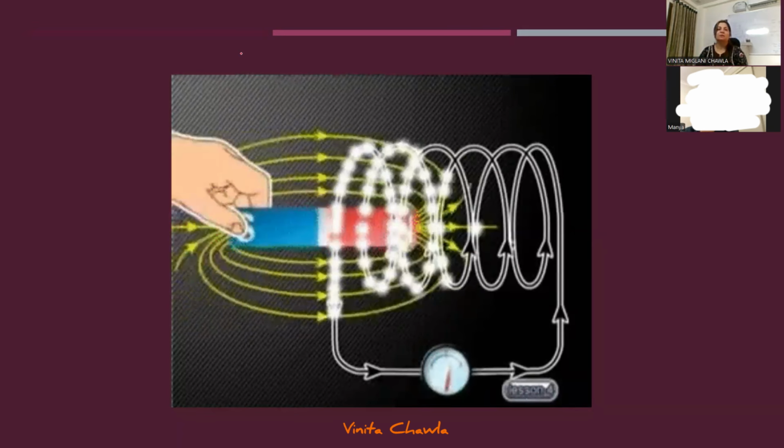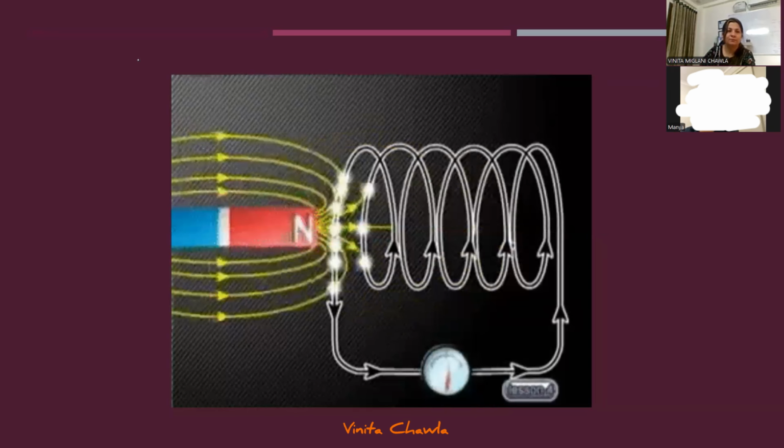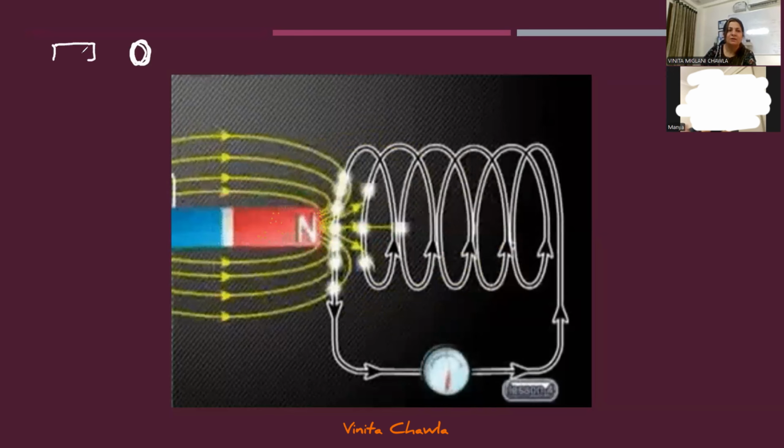Let's consider a situation where we have a coil and a magnet is placed near the coil. We do not need to connect this galvanometer; we connect it only because we need to find out whether the current is flowing in the circuit or not, right? So if this setup is stationary, then no current flows, and we do not see any deflection in the galvanometer,